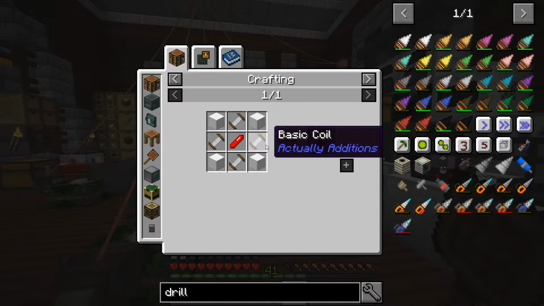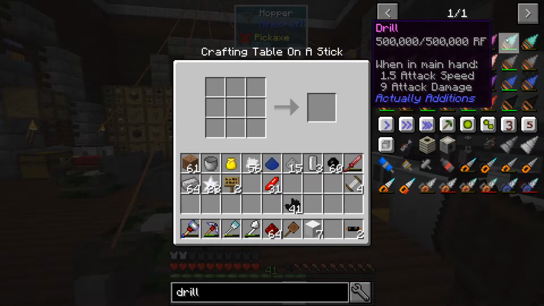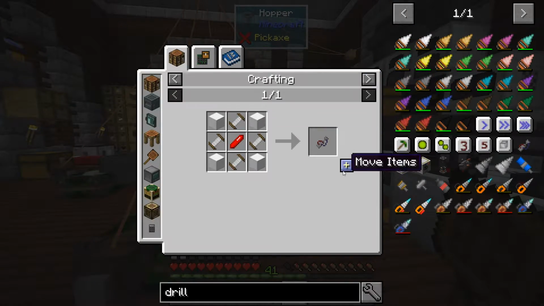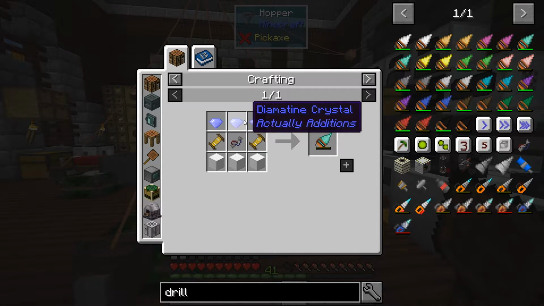Okay, we got this guy. We need to make 4 of those. This is going to be great having the crafting table and a stick. Awesome. Oh, that's so nice. Okay, we have that. We have our drill core. We just need the